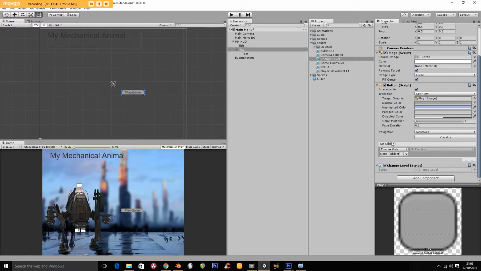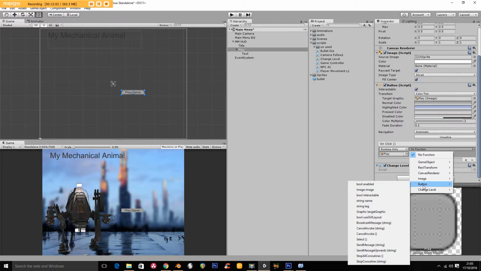So now it's saying on click, there's no object. So I'm going to drag itself here because that's where I've placed the script. If I place that script on the game controller, I would now be grabbing the game controller and bringing it in here. But now I'm going to bring the button in, and it says, what function do you want? And listed is